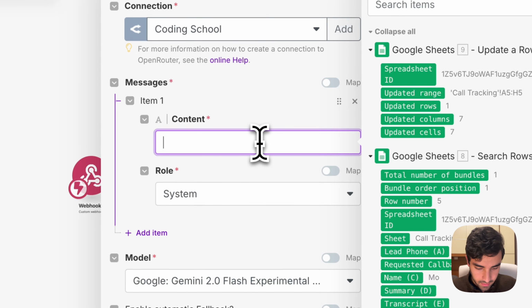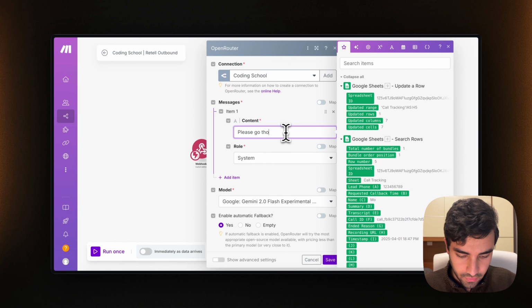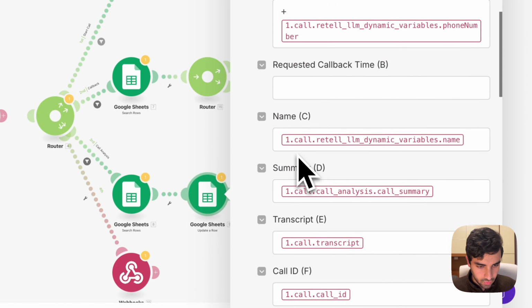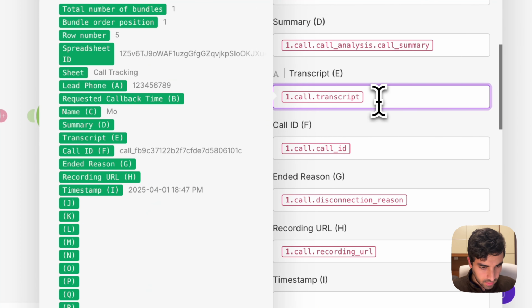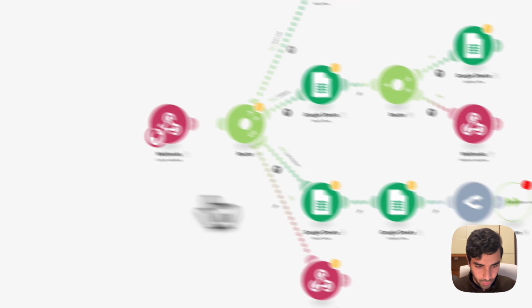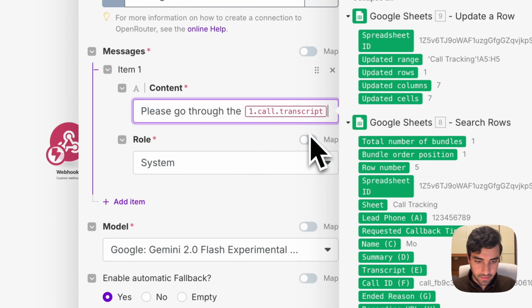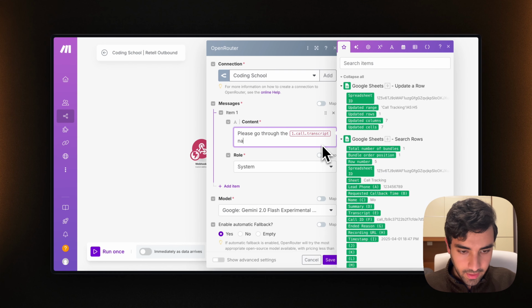So maybe we can ask it, please go through, okay, what we need to do now is put the transcript here, yeah? And what I can do now is go to Google Sheet here, take call transcript, take it over from here. We need to map it out still, but we can do that later. Yeah, take the call transcript and